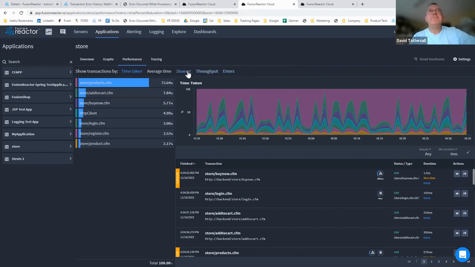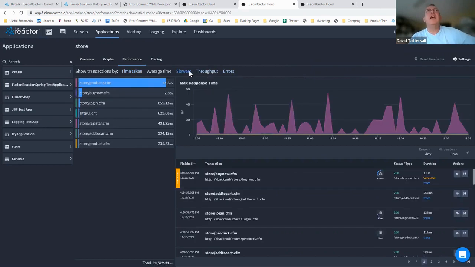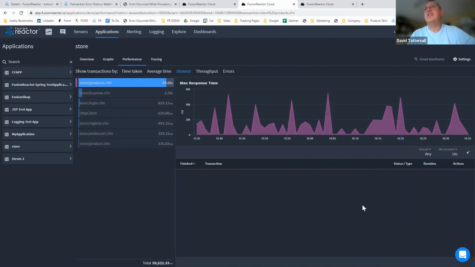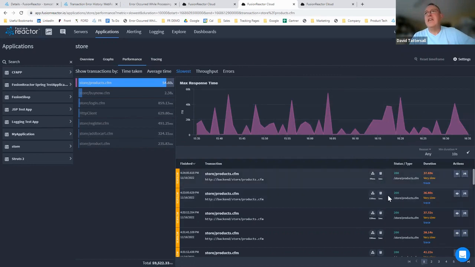And I can see, if I click on slowest, I've got two ColdFusion pages here which are slow. This top one, products.cfm, seems really slow, and some pages run fine, sub-second. I can see 575 milliseconds, but some of them are crazy slow, almost 50 seconds. I can see that in the view here. So if I set the minimum duration to 10 seconds, I can see I've got a number of